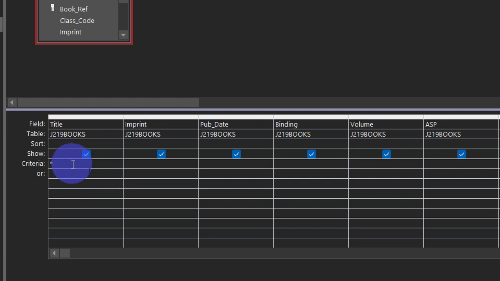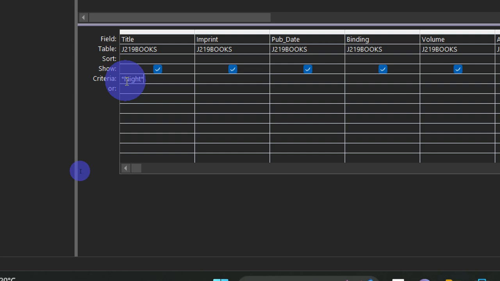This criteria starts with an asterisk and then the word night. If I put an asterisk before and after, then no matter how it starts or how it ends, any text that includes the word night is going to be there. To show you how it works,